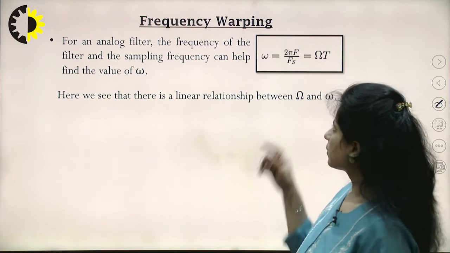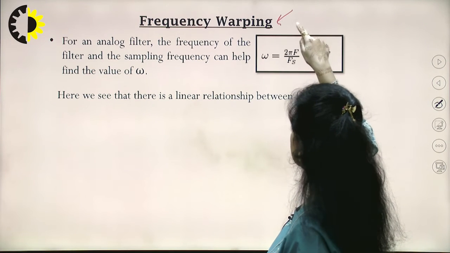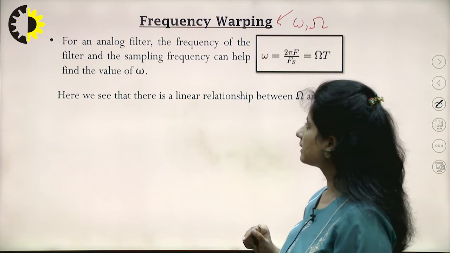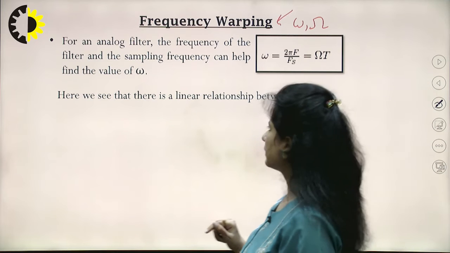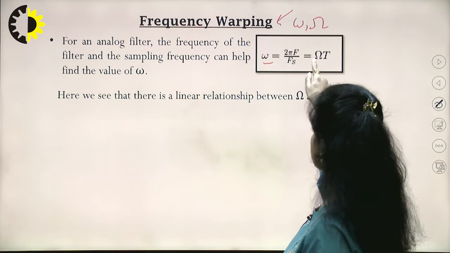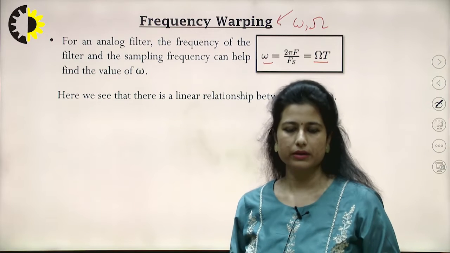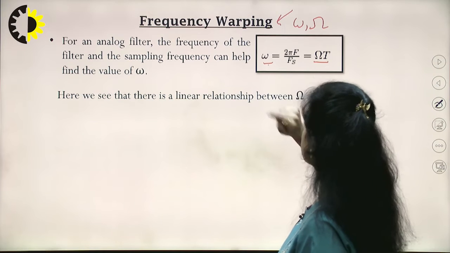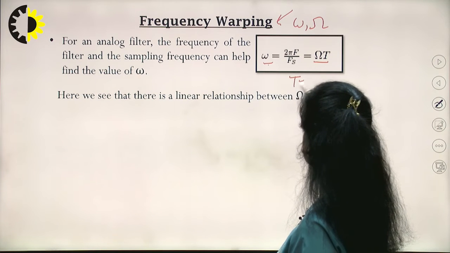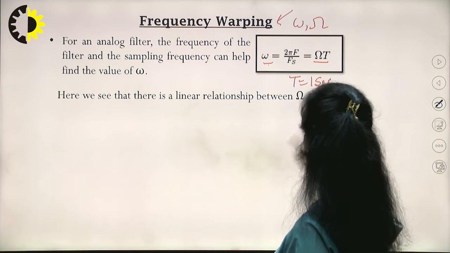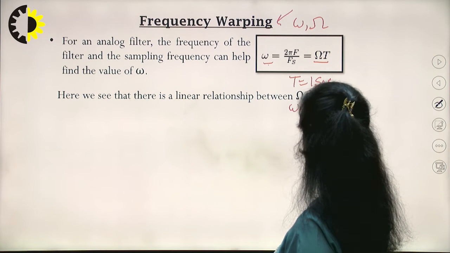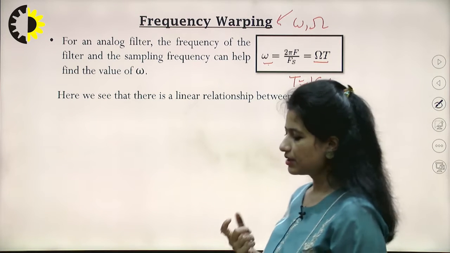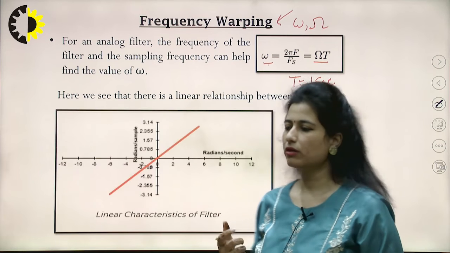So here, what is frequency warping? From this relationship that we have just derived between omega and the angular frequency, I see that there is a problem. Whenever we have the kind of relationship that we achieved in the impulse invariant transformation, these two frequencies are linearly related. If I make this T as 1 second for simplification, I see that this omega becomes equal to omega of the angular domain. But whenever there is a tangent function, there is another kind of non-linearity.